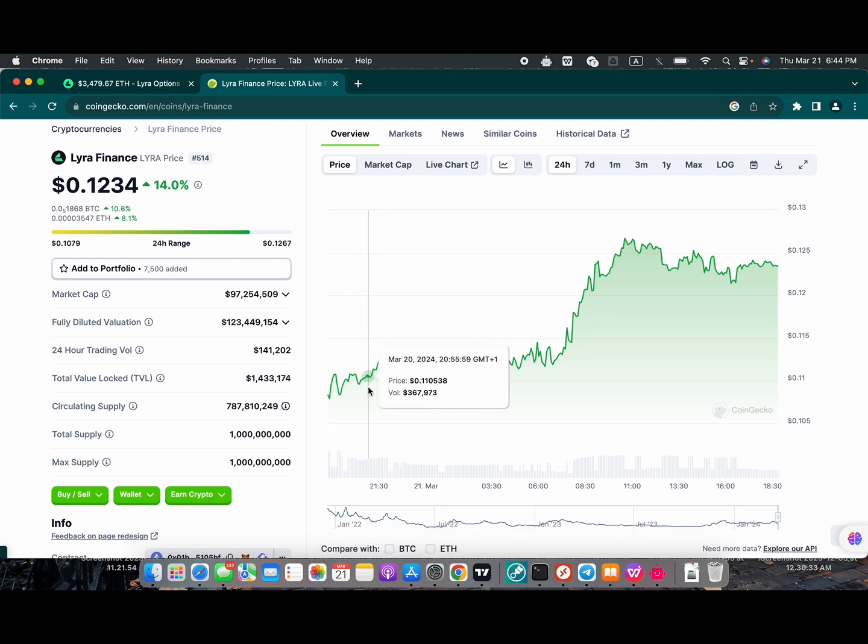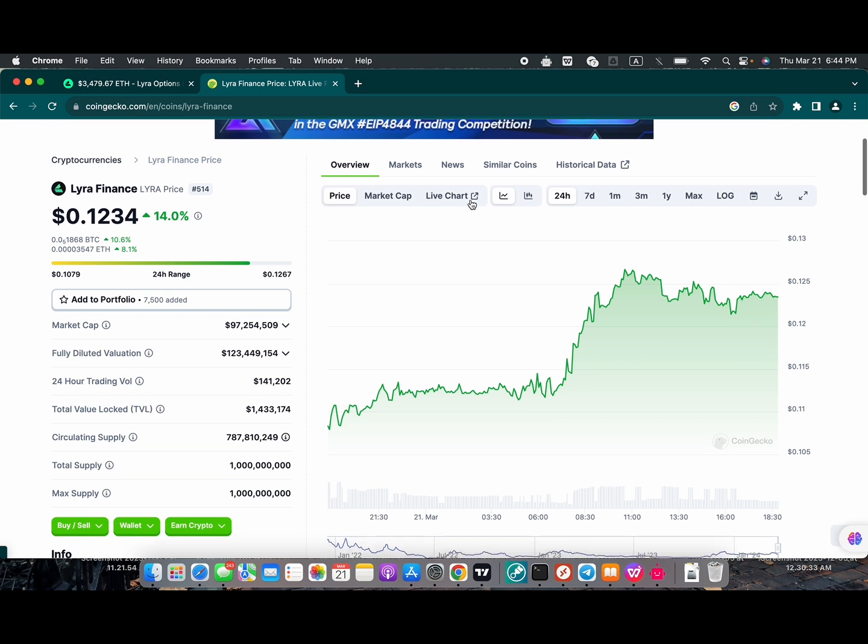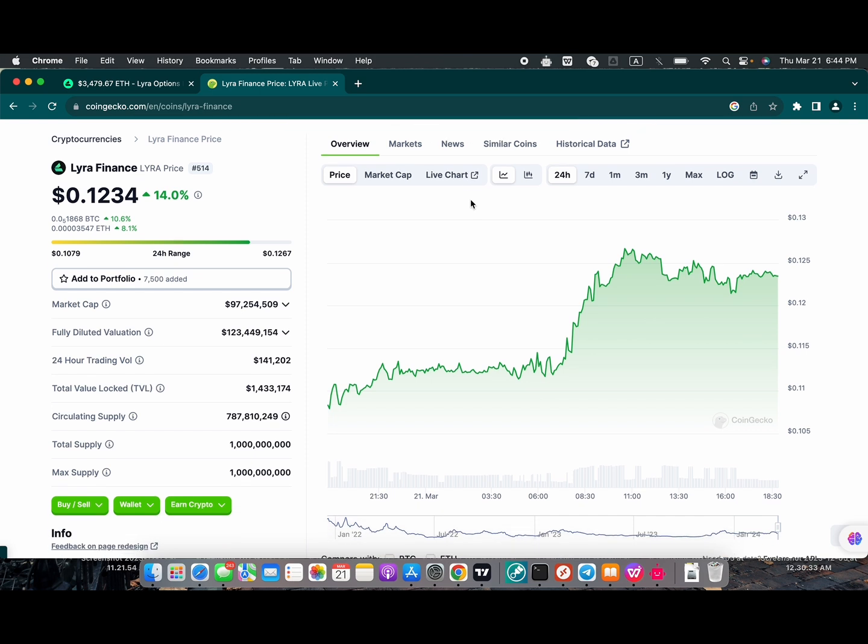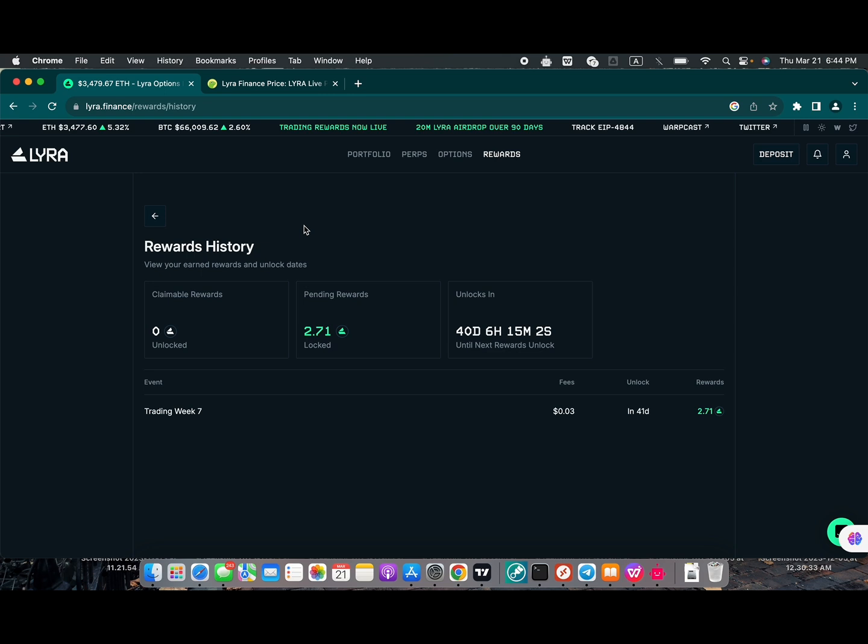I've actually been holding Lyra for quite a time. It's one of my long-term bags because I believe so much in a chain that is capitalizing on the strategy of first mover advantage and market owners. These are the people who already own the option market. So if we're getting 1.12 cents basically, we need to amp